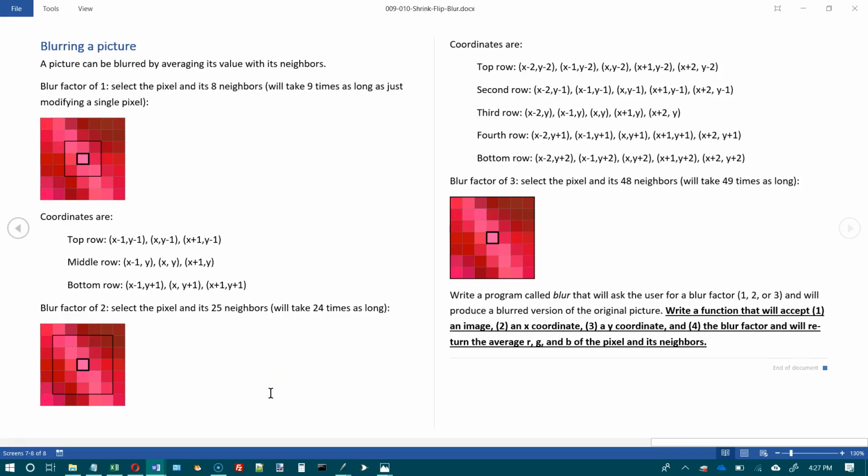Okay, now we're going to take a look at a program that will blur an image, and the way you blur an image a little bit is by mixing it in with its neighbors. And we're going to have what we call a blur factor here. If the blur factor is 1, then we're going to take one row and column on all four sides here, and we're going to take the average of those 9 and store it in that pixel in our new